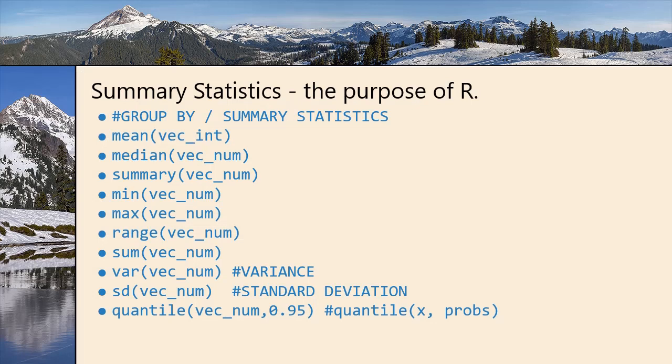R supports multiple grouping type functions. These allow you to get summary statistics of a vector. We see the mean, the median, the summary statistics, min, max, range, sum, variance, standard deviation, and quantiles. We can